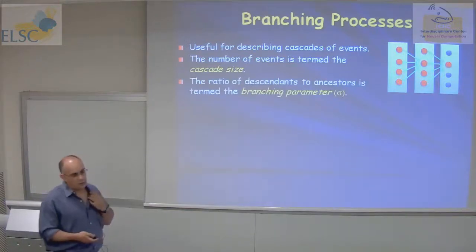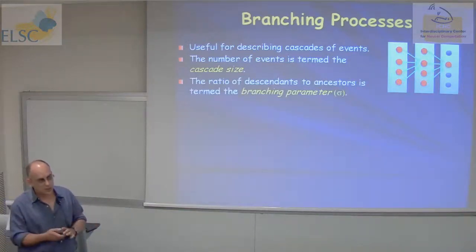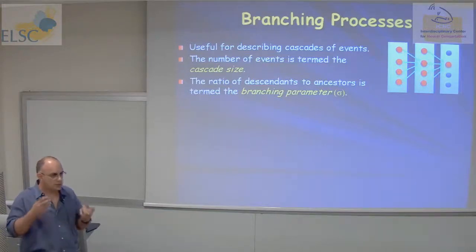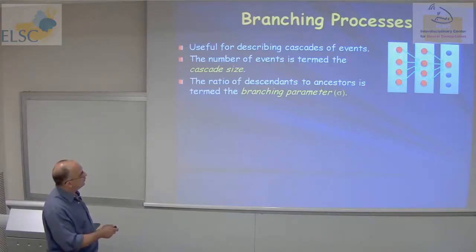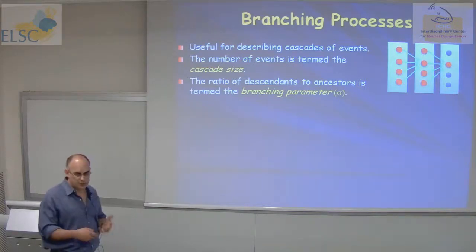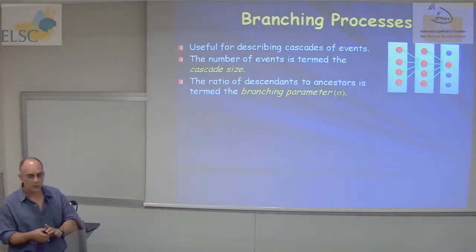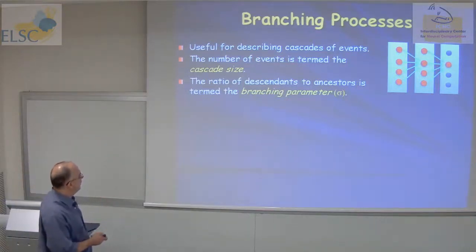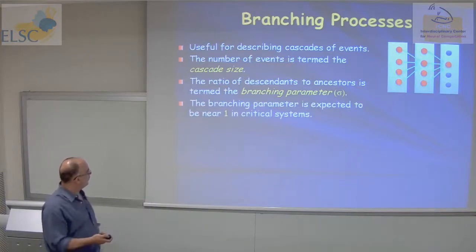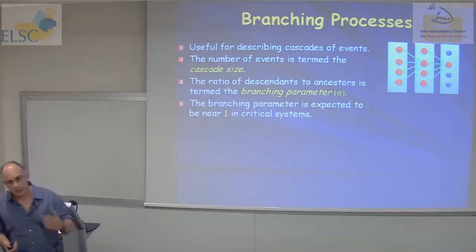Another important concept is the branching parameter, which describes the amplification in the system. For instance, here, if in the first step we have 4 active neurons, and in the next step we have only 1 neuron, then the ratio is just 1/4. But if these 4 neurons activate 4 neurons, the ratio is 4/4. So that's simply the branching ratio, and of course we look at the average quantity in the system over a long time course. Now, we say that the system is critical when this branching parameter is 1.